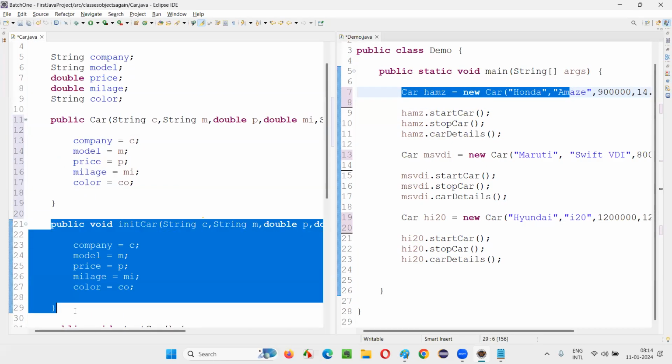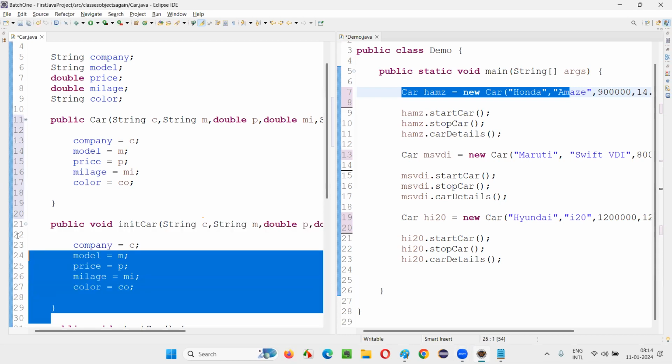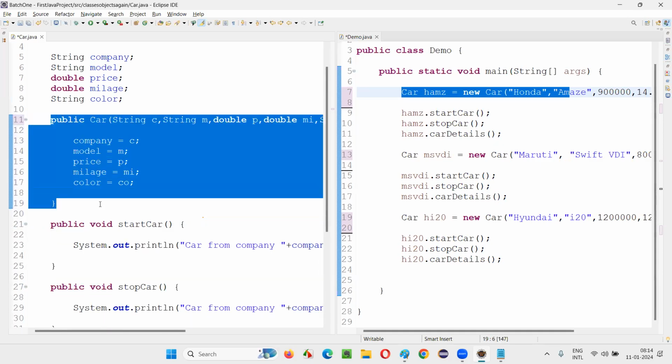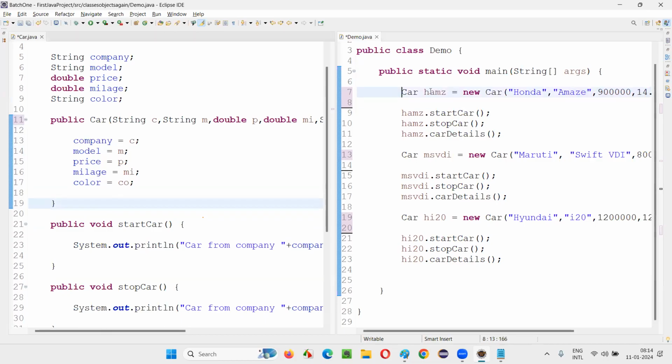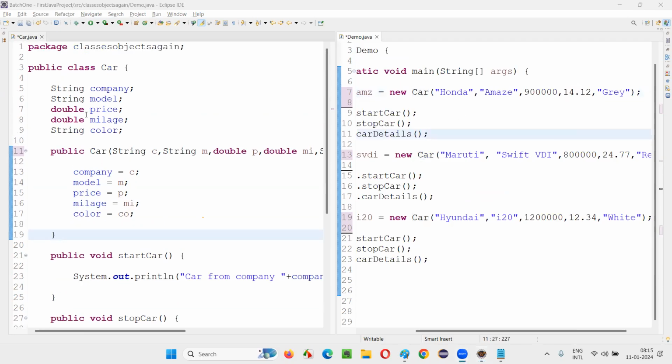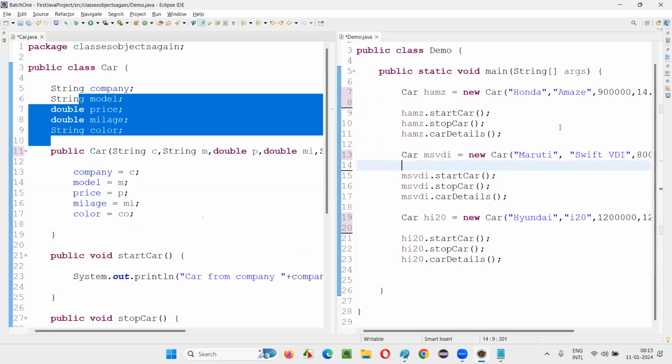Do I need this method anymore? Guys, do I need this method anymore? No, right? I can remove this. I'll remove this method as it is not required anymore. Anyhow, the constructor is taking care of the initialization part. And here, you see, while creating an object itself, I am calling the constructor and passing the arguments. And my arguments are getting initialized to this particular class's variables for that particular object. Done.